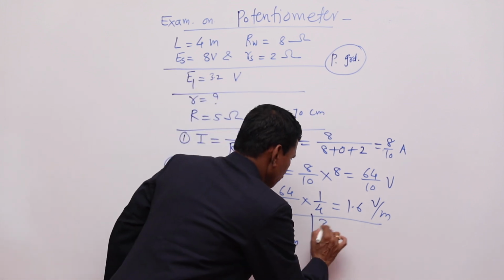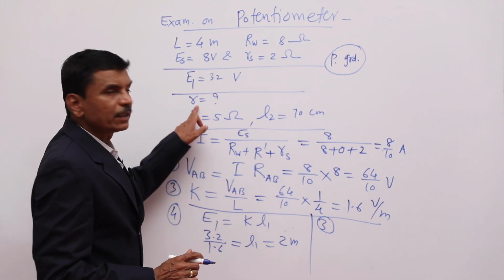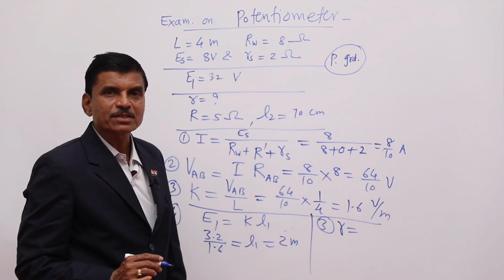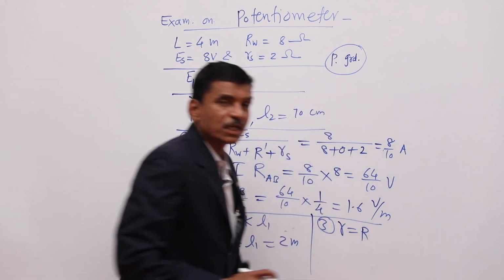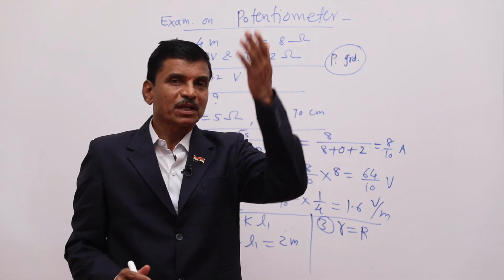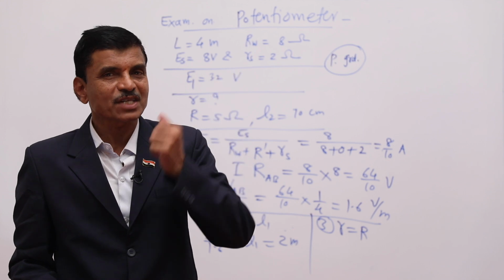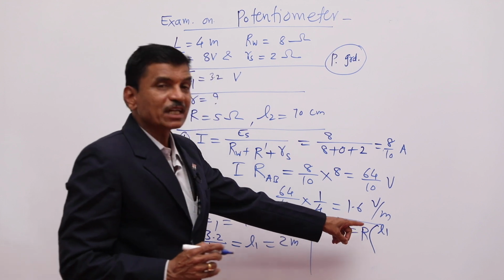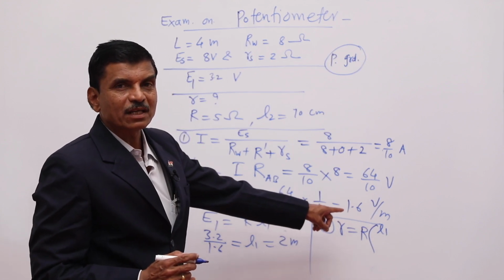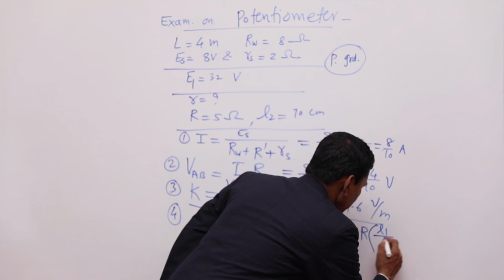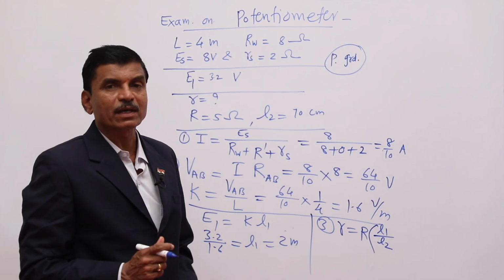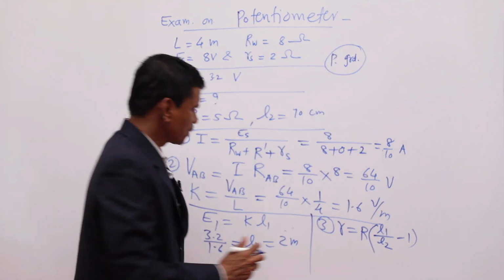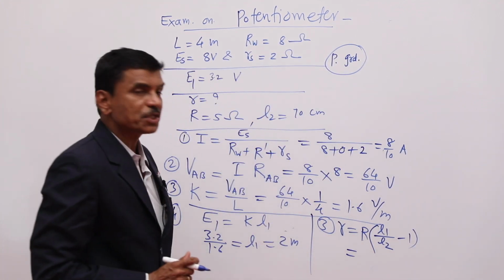Third thing, what do we want to find? Internal resistance. Do you remember the formula for internal resistance? The K2 key was pressed and from the resistance box we have drawn the resistance R. Okay. Without closing the K2 key, the cell EMF was balancing. L2 is the balancing length when the K2 key is pressed, minus 1. That is the formula. Substitute all these values. What is the shunt resistance connected here?